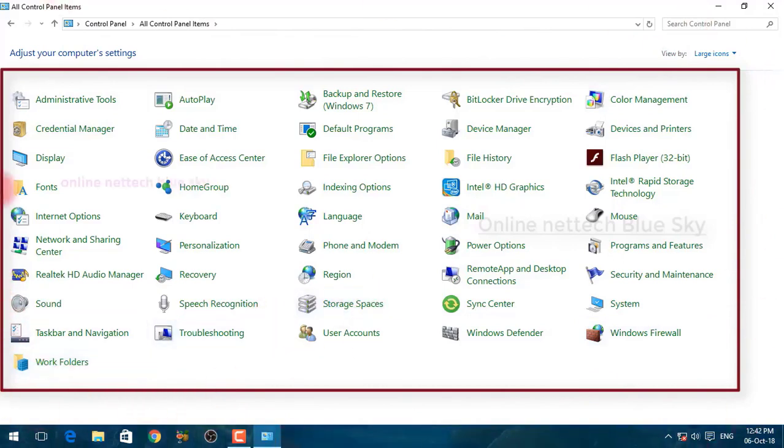If you use the Windows operating system, you must know why these options are given.